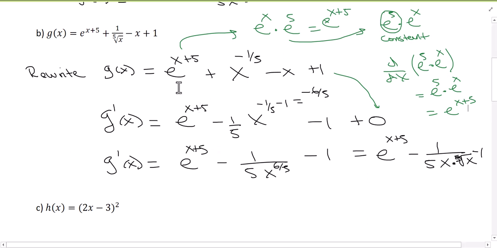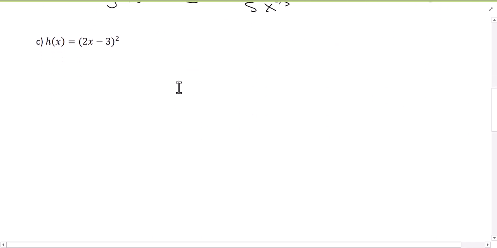All right, so our next example, h of x is 2x minus 3 quantity squared. We're in the beginning of the chapter with the rules of differentiation, so we haven't learned any fancy rules like the chain rule. That's coming up in 2 more sections, so we cannot use that if you haven't learned it yet. So here, how do I find the derivative of this? We have done the product rule, so I could say 2x minus 3 times 2x minus 3, and I could do the product rule there,